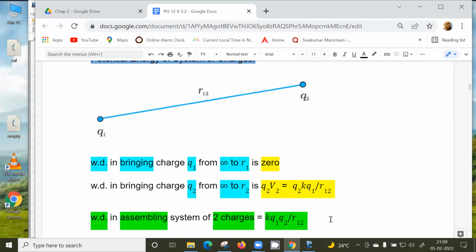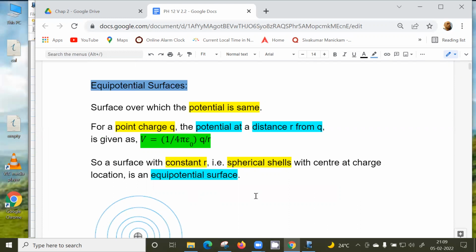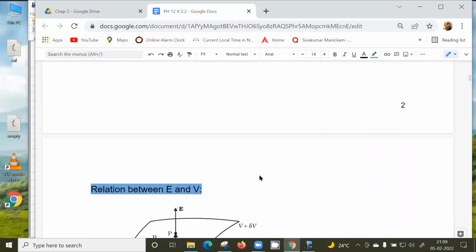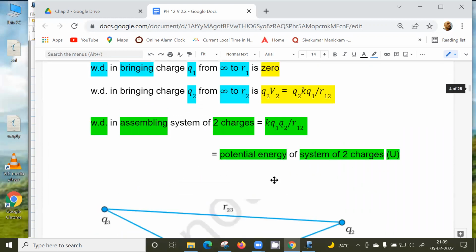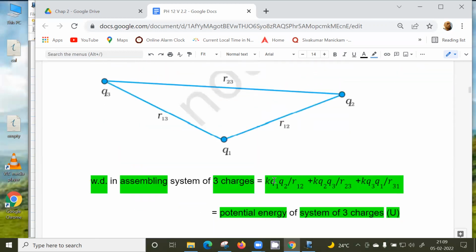Okay. So if you have more than two charges, say I'm bringing a third charge, here also I can make the same argument. For the first charge, the work done is 0. To bring the second charge, the work done, sir, is